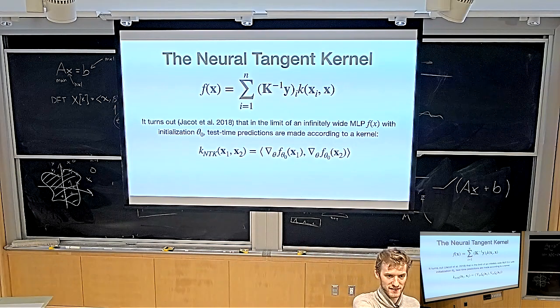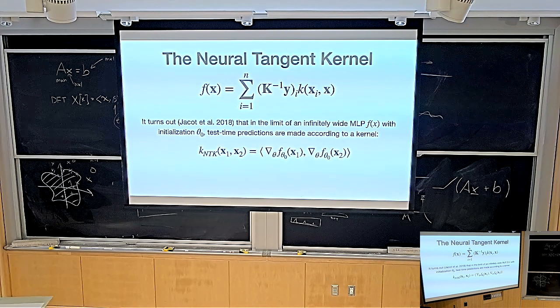Yes? Why is it only pairwise? Good question. It's a weighted sum in the end, a weighted sum of all of the things in your training set, so you do it for every pair. You get one coordinate and you want the output of the neural network at that new coordinate, and you compare that new coordinate to all the coordinates in your training set. Every single one.